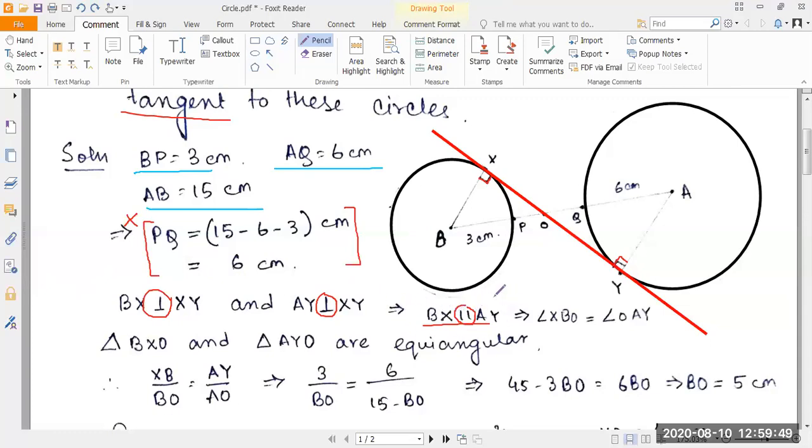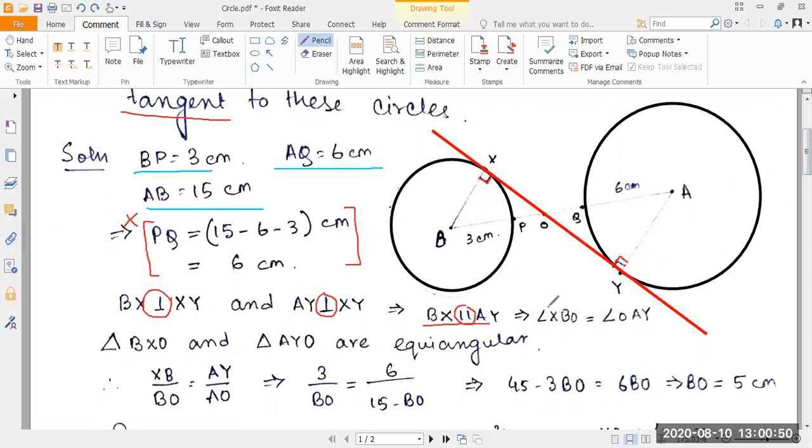BX and AY are two parallel lines, and if I consider BX and AY to be two parallel lines, then XY can be considered to be the transverse for these two parallel lines. So now what I'll be doing is I will take BX and AY to be two parallel lines, and I can take XY as the transverse for these two parallel lines, or I can take BY as the transverse for these two parallel lines. Because the parallel lines remain the same, whichever line crosses these two parallel lines acts as a transverse.